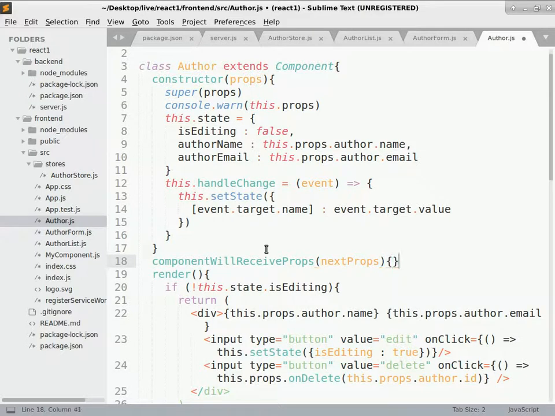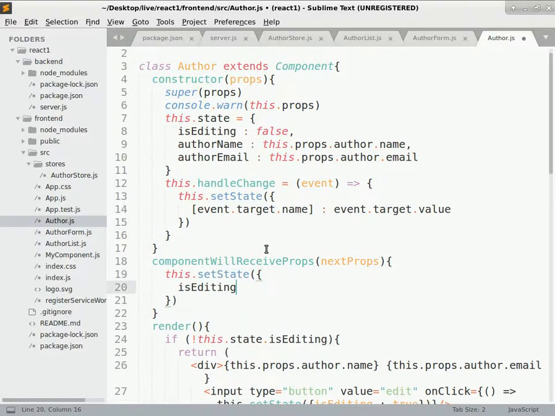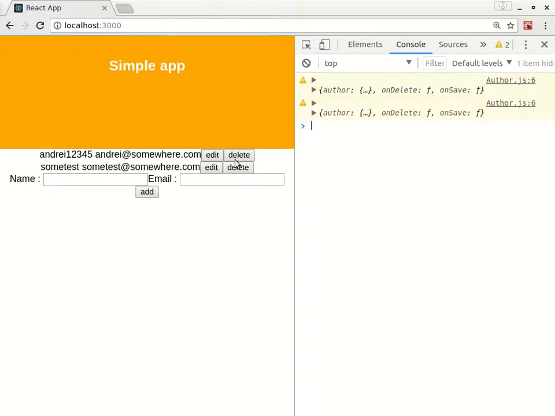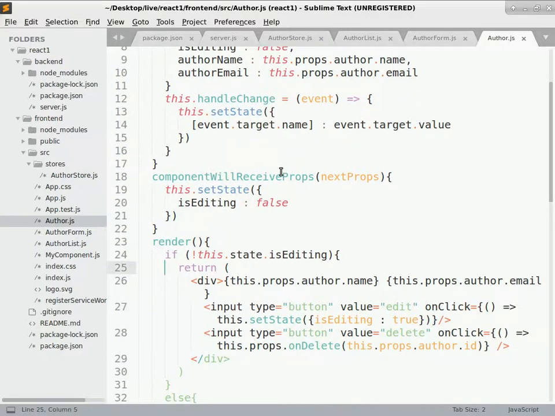And let's change our state. So for now, it's going to say this.setState, isEditing false. But why doesn't it do this though? Because it does this, but it doesn't populate those things. Oh, okay. That's because